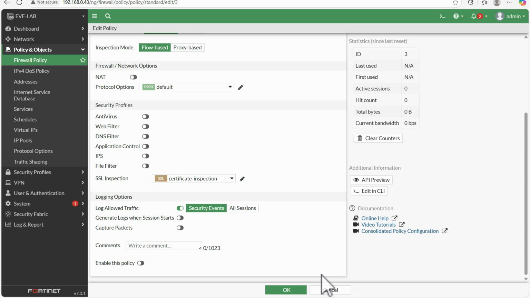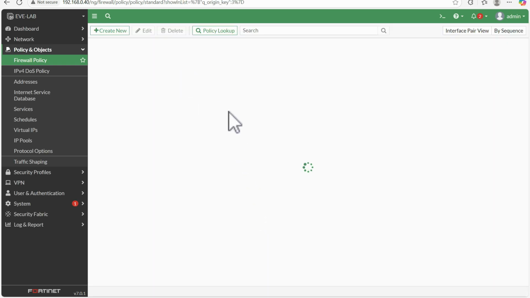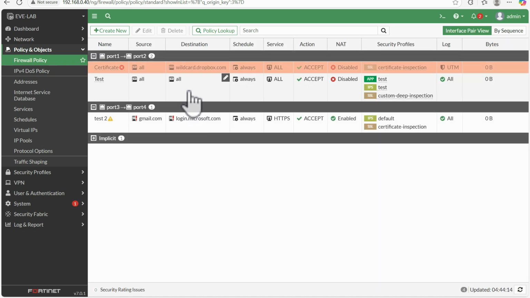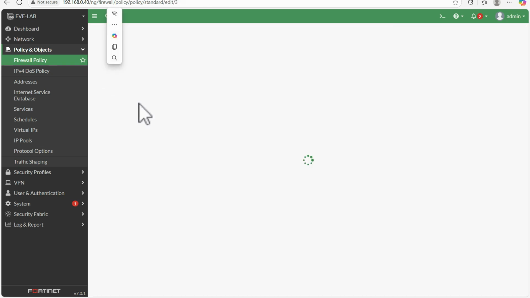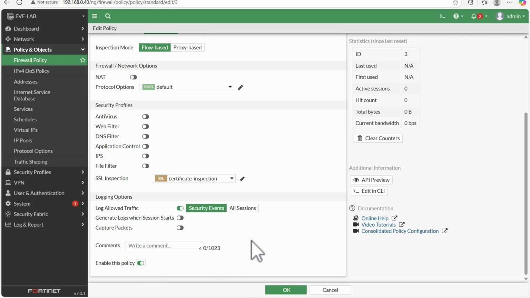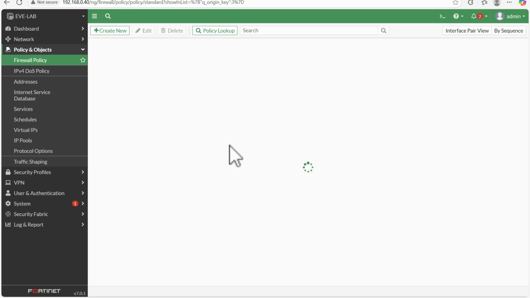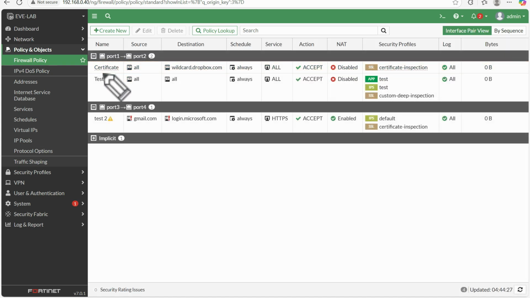Obviously, other profiles can also be enabled. Now, for testing purposes, I just enable the certificate inspection. Now just enable this rule, which is not enabled, and allow all sessions. So in this case, what I just did: I enabled one certificate rule, and in this rule I have applied the certificate based inspection. I have added Dropbox. So basically, what I want here is that if this destination is being accessed, do not perform the deep inspection, only perform the certificate based inspection. So this was the overall idea.